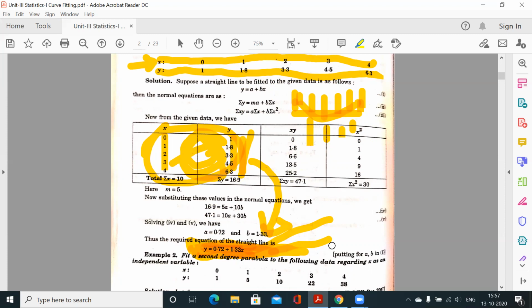This is the case when the function is unknown and we know some numerical values of the function. Using those numerical values, we can predict the function and the functional value at any given point. Clear? This is the application.